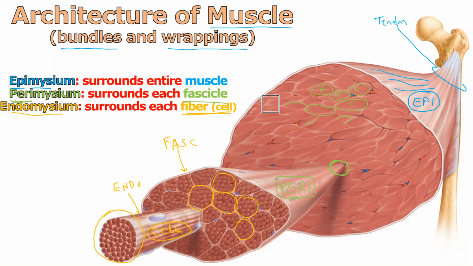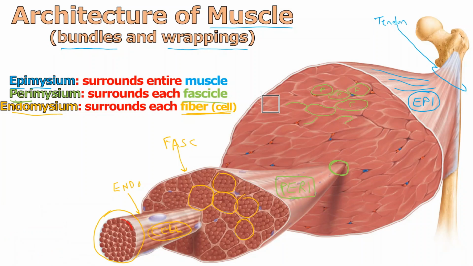So the epimysium wraps the muscle. The muscle is made of bundles called fascicles. Each fascicle is wrapped in perimysium. But the fascicle itself is made of bundles of fibers or muscle cells, and each individual muscle cell is wrapped in endomysium. Now, if we could see, which we can't in this image, and it is unfortunate, that right underneath